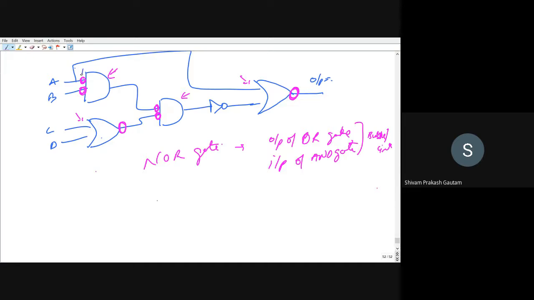So first, just see, we have added a bubble here, and in this branch only A is flowing. So you cannot add an inverter here. You have to add the inverter after the takeaway point. This is our takeaway point, you can call it. So A is there, a takeaway point is there, and after that you have to add an inverter. The inverter is flowing through the input of AND gate.